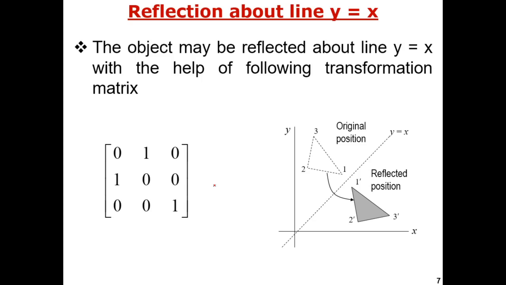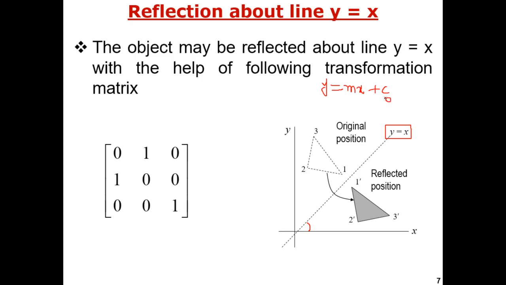The line means y is equal to x. All of you know that this is a 45-degree angle line. When the line passes through the origin and makes a 45-degree angle with the x-axis or y-axis, that line is known as the y is equal to x line. Why is it called that? Because we have a basic line equation, y is equal to mx plus c, where c is an intercept, meaning the line makes a segment on the y-axis. You can see that it passes through the origin, so the c value is going to be 0.